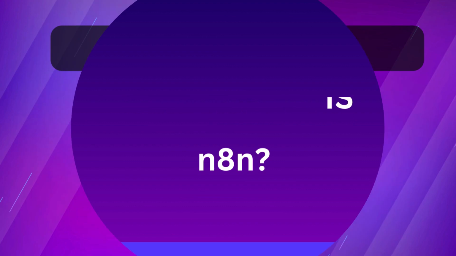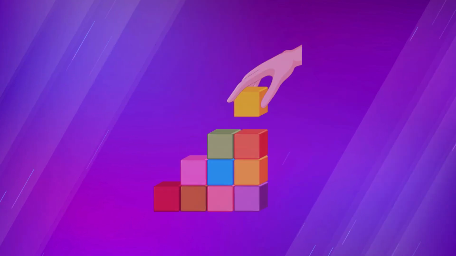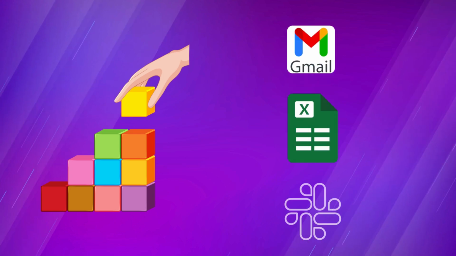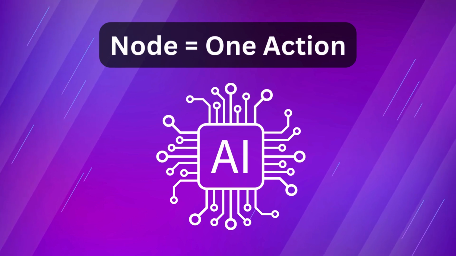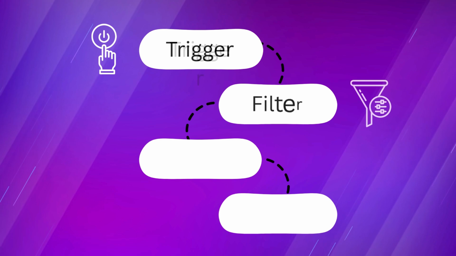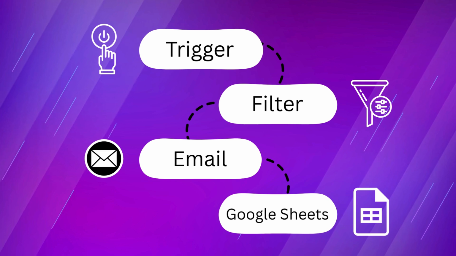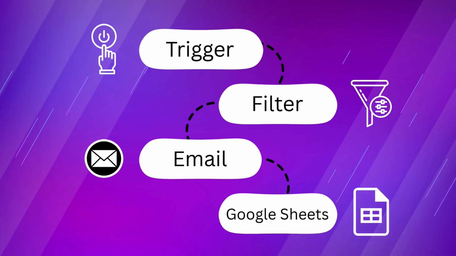Let's break it down. The name n8n actually stands for node to node. At its core, n8n is a workflow automation tool. Think of it like digital Lego blocks. You connect these blocks, called nodes, to make your different apps and services talk to each other and get work done automatically. Each node performs a small, specific action, and when you link them together, you create a powerful automated